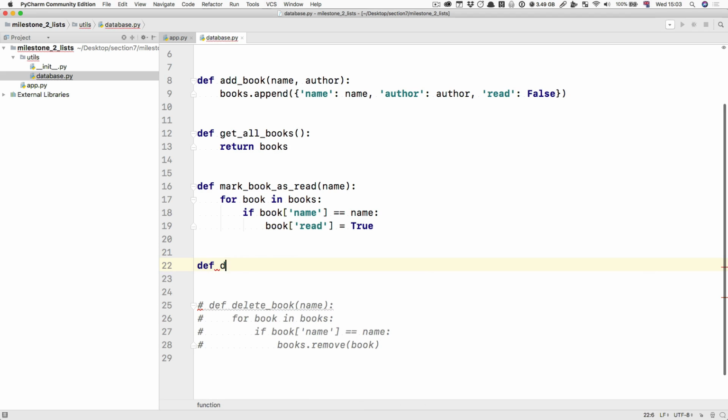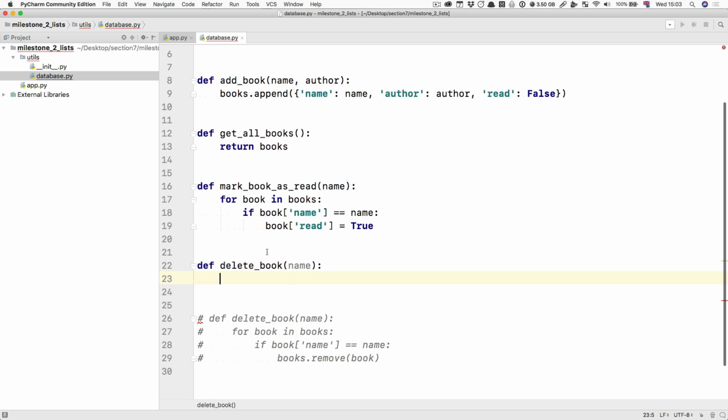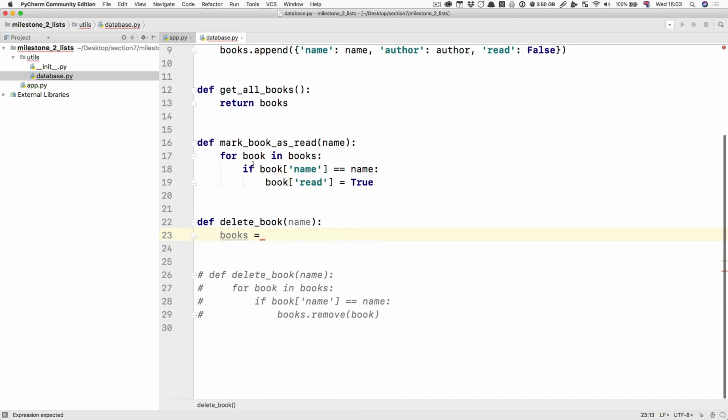Instead, I would do this. The first thing we want to do is say books is equal to, remember that's our variable up there, and now we're going to use a list comprehension with a conditional. A list comprehension with a conditional is going to go adding each book over to this new list if the book's name is not equal to the name we got as an argument. Add each book to the new list if the book name is not equal to the name argument that we got here,